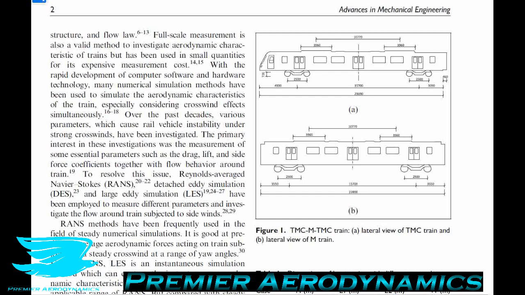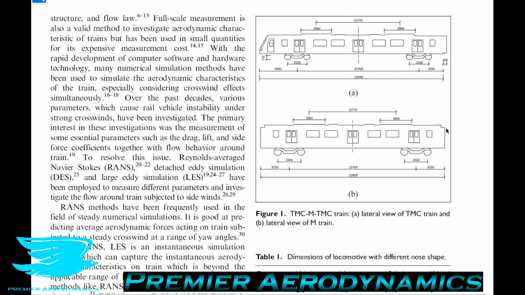So unfortunately, they used RANS for this study, which, while this is better than a poke in the eye, means that we will be lacking the finer details, including any transient phenomena. RANS really just averages everything out, so that's what we'll see. So let's look at this high-speed train model they are investigating. We have in figure 1 here the general model they are using, which is called a